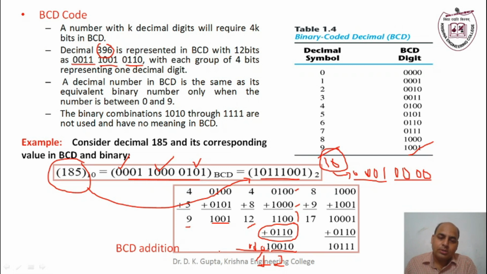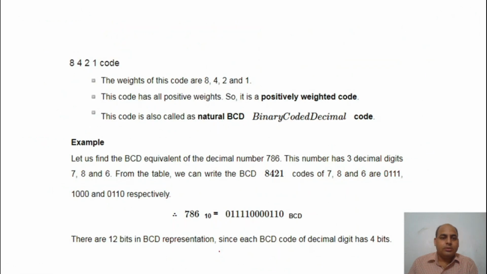The key point is, whenever we perform the addition of two BCD numbers and the sum lies within the range of BCD, then the result is okay. But whenever we add two BCD digits and the sum is outside the range 0 to 9, then we have to add a correction factor of 6 to achieve the correct BCD digit, right?